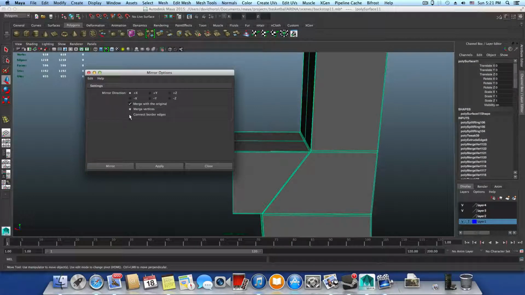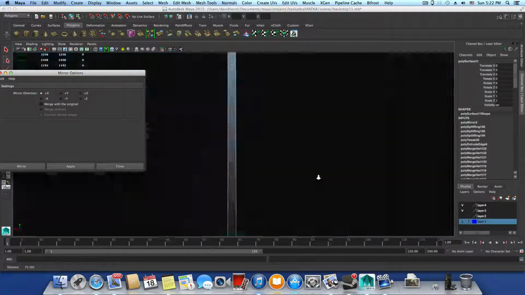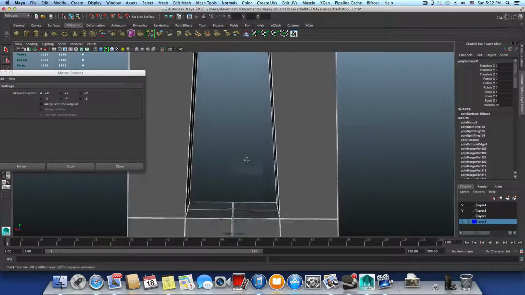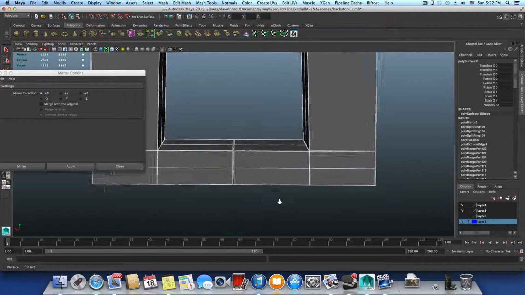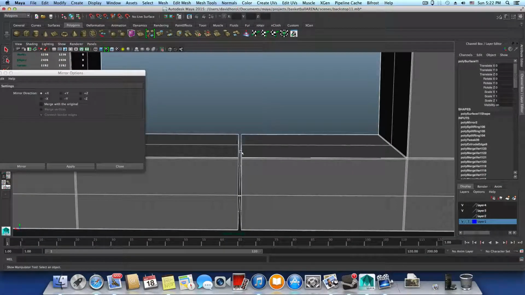So let's say I don't want to merge vertices, or connect borders, so I don't want this to be applied. I just want to mirror. Okay, click apply, move this aside, and take a look at this. Yeah, so nothing has been merged. Now even if it was even closer, if this part of the geometry was a little bit longer,